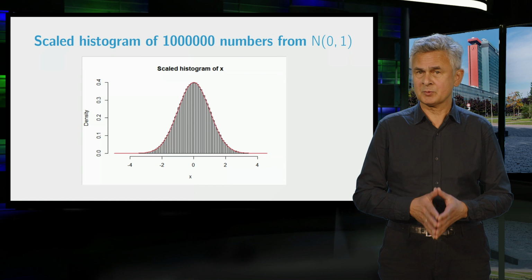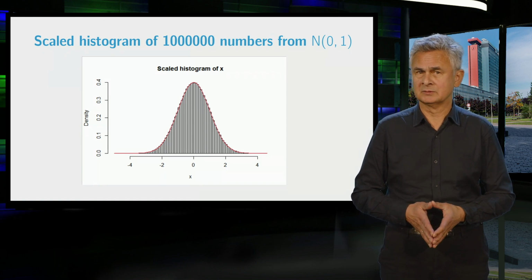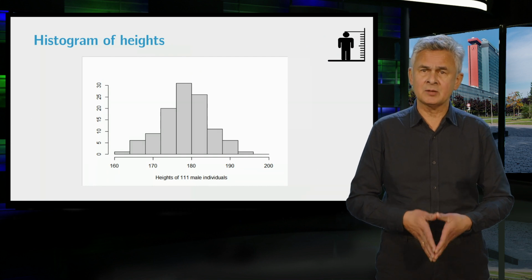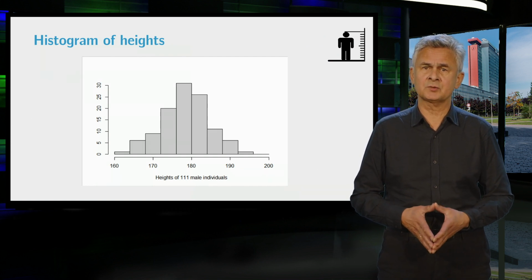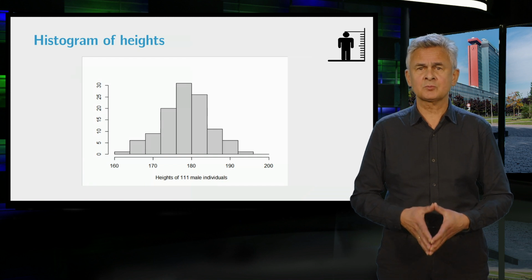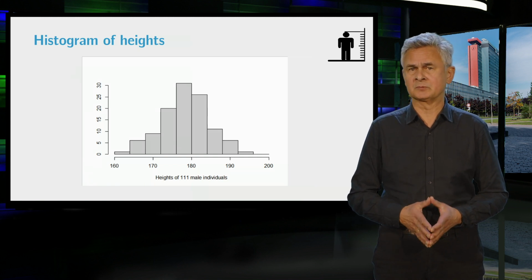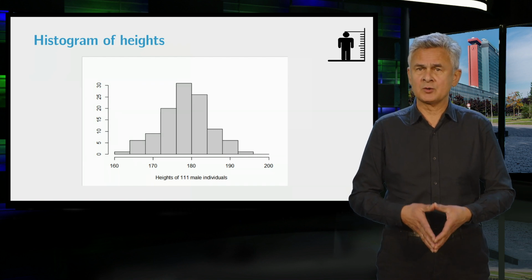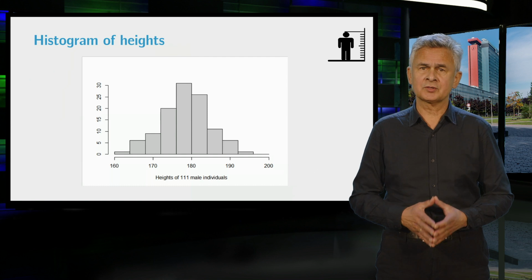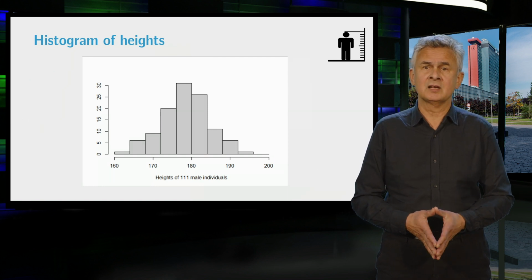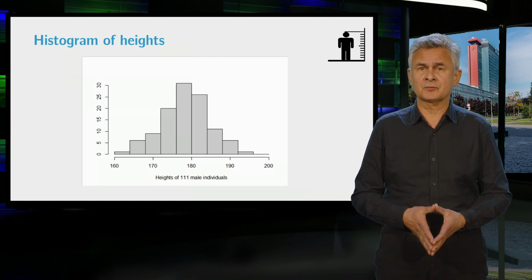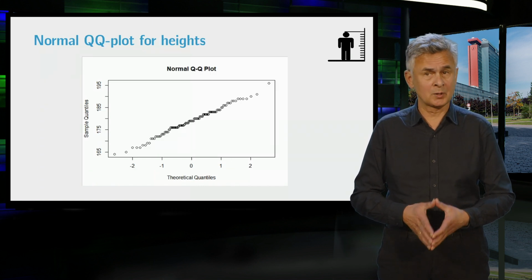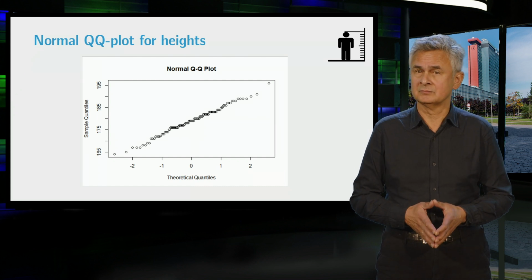Again, this property also works the other way around. Because the heights are modeled as numbers being generated independently from the same probability distribution, the histogram should reflect the density of this distribution. Now, as the histogram of heights has the shape of a normal density, the normal distribution seems a suitable candidate as the probability distribution for the height of a male individual. The QQ plot also confirms this.